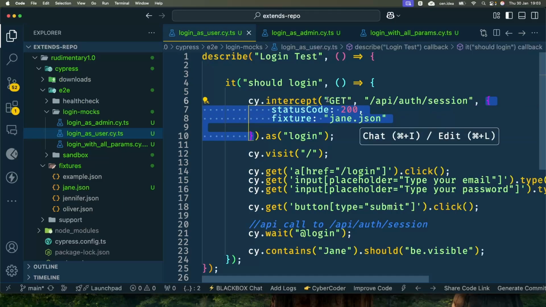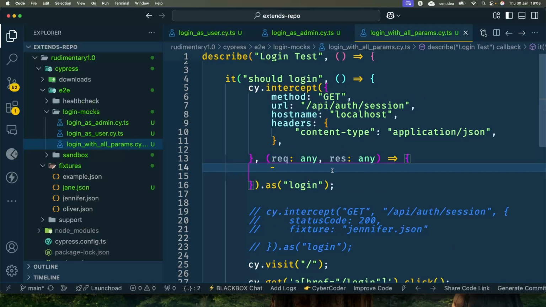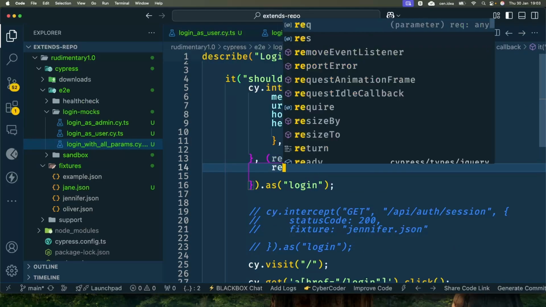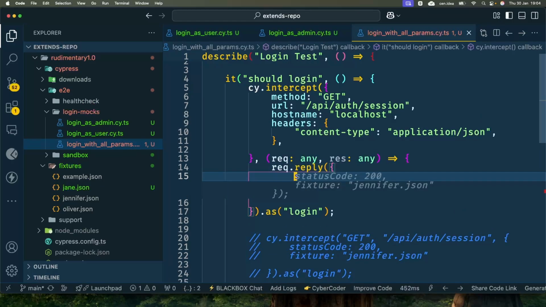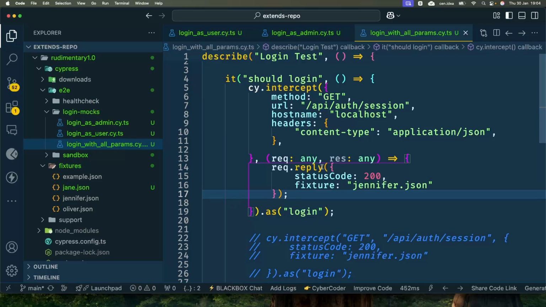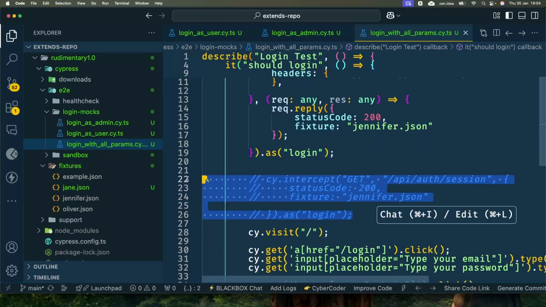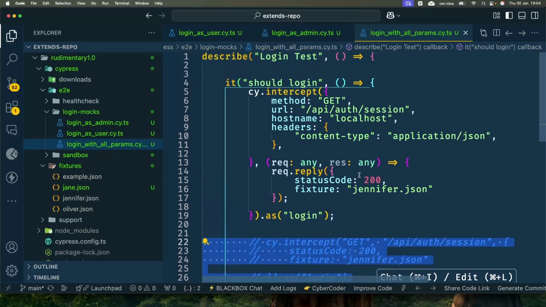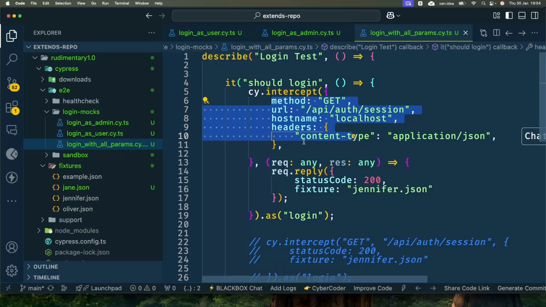But now you're passing this object here. You need to actually be a little bit pedantic and specify things you want. In this case, you now need to say, when the request happens, you need it to reply. You need to actually state out exactly what you need to reply with. In this case, we were replying with Jennifer. So I'd like you to stick with Jennifer. So you can see this one is really simple. But in this case, you're actually writing out everything, line by line. I quite like this type because it is really clear exactly what you're doing